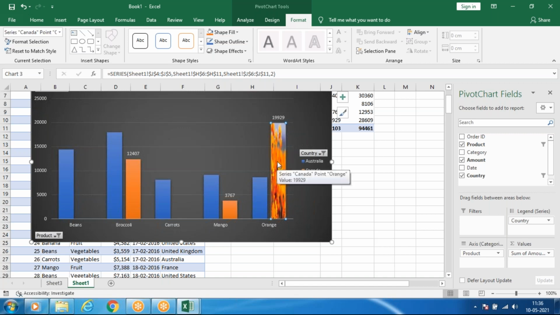So like this you can insert the picture also, but it won't be good.